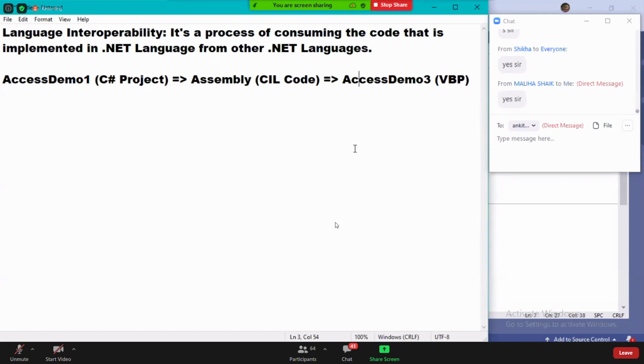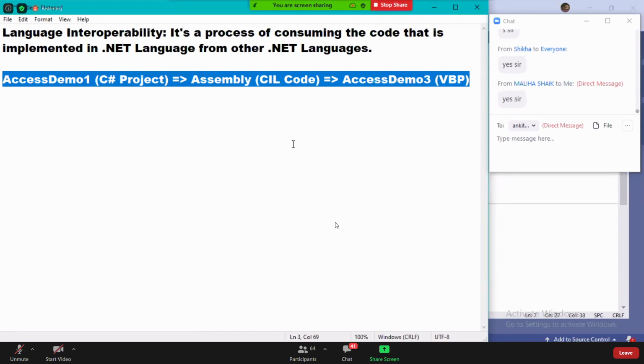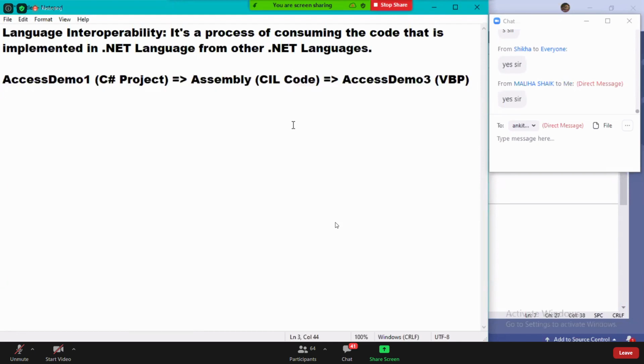Okay. So, that's the key point here, how you can consume the things. Fine, guys.